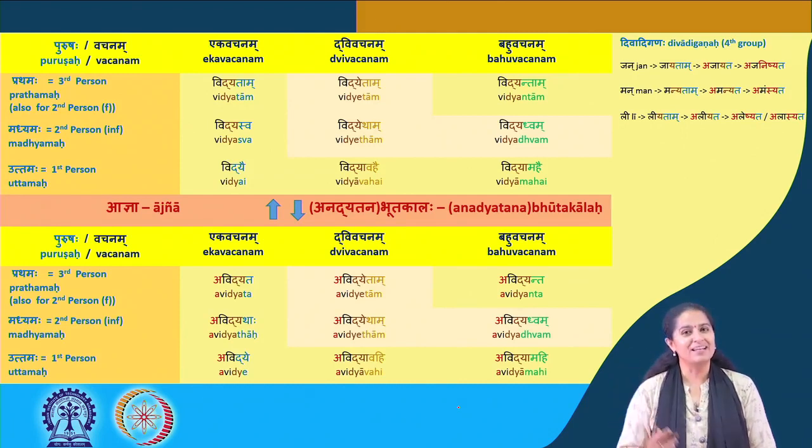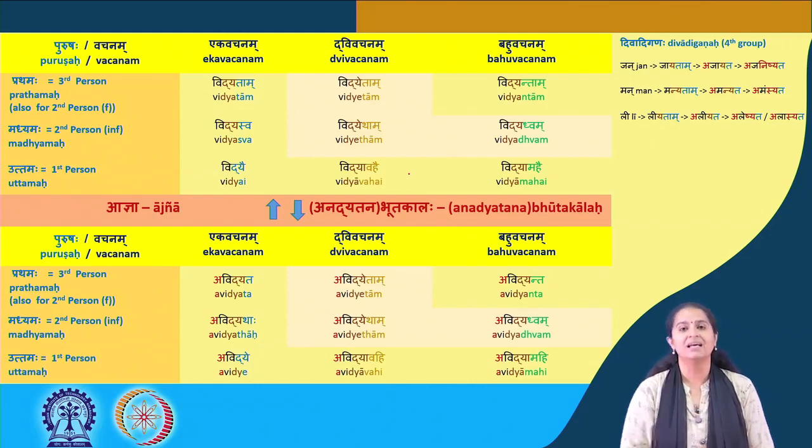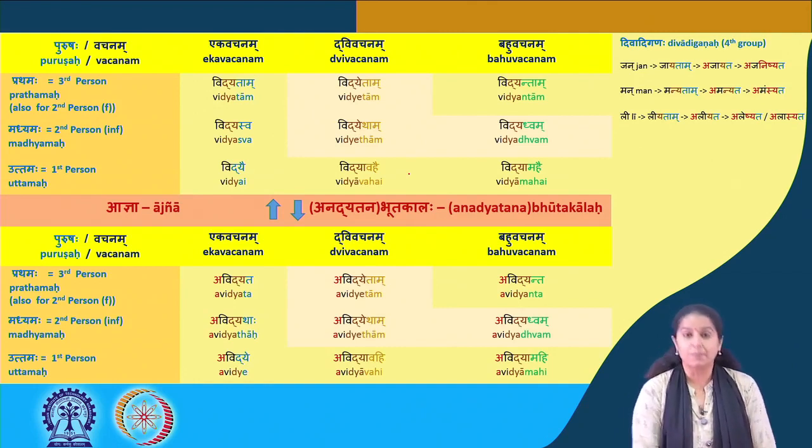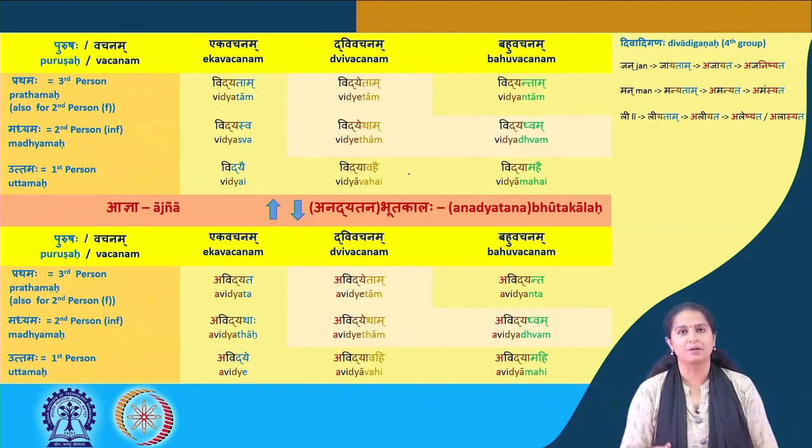Uttamam. Do you remember any mantra that we had learned? Sahaviryam Karavavahai. Although it's the root kr, it behaves like it has the Atmanepadi form there, because it's saying Karavavahai, let us do that. And because it is not just let us, it's directed towards oneself and therefore that particular form.